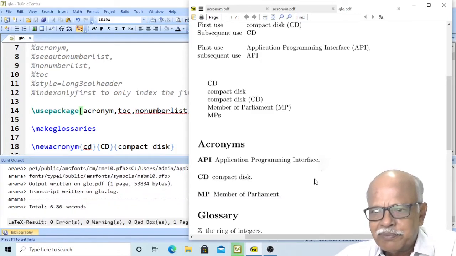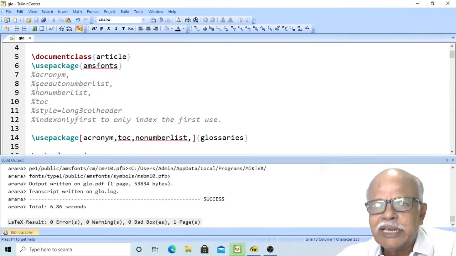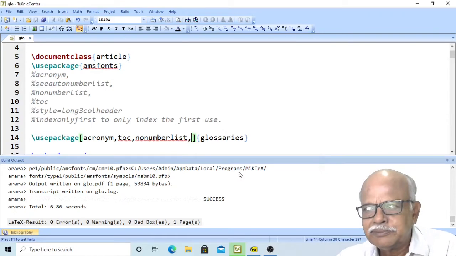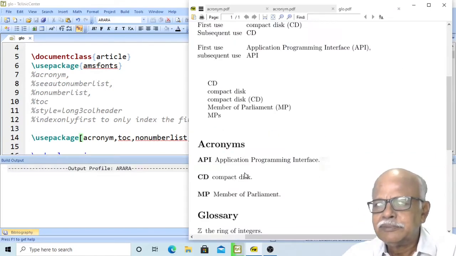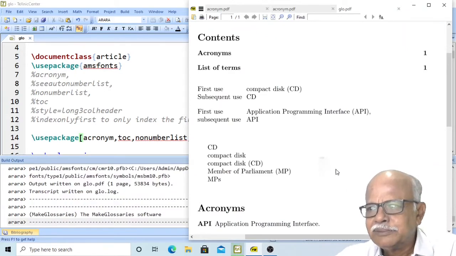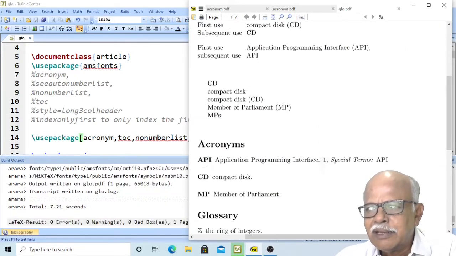Again, suppose you say see auto number list. Then in the case of acronyms, API alone initially appeared.